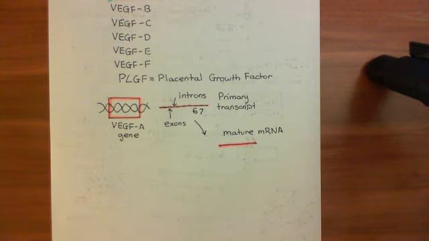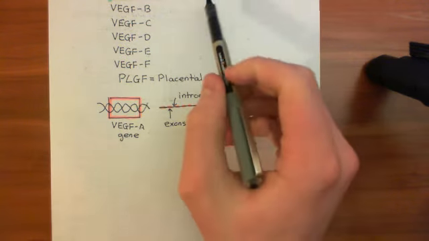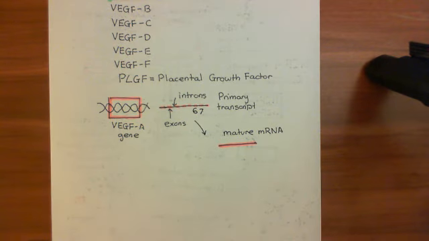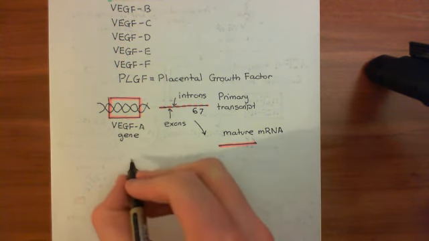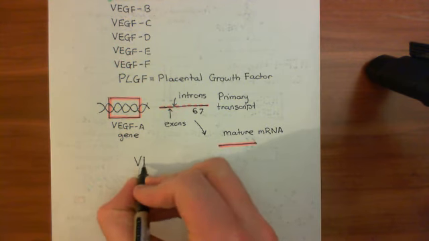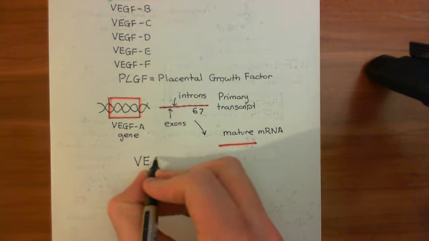So what are the different isoforms? Well, basically, even though I said, well, actually, I don't think I have said it yet. There are 8 different isoforms. Oh, yes, I have said it up here. But 7 of them are actually going to result from different ways of splicing it. So let me write out the 7 that are going to result from different ways of splicing it. Okay, so they are called